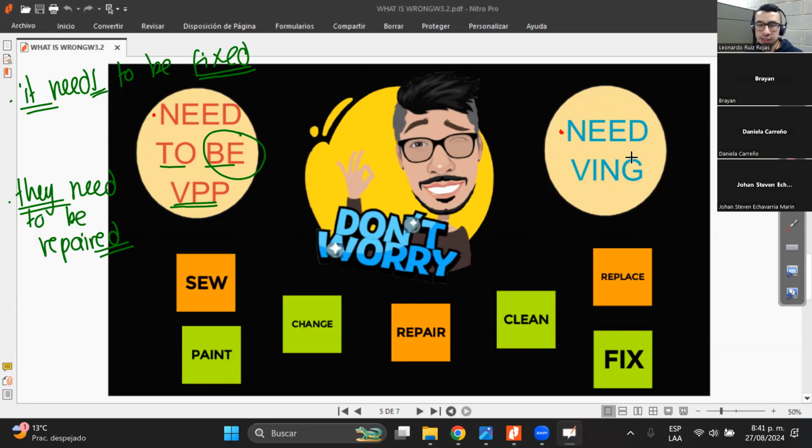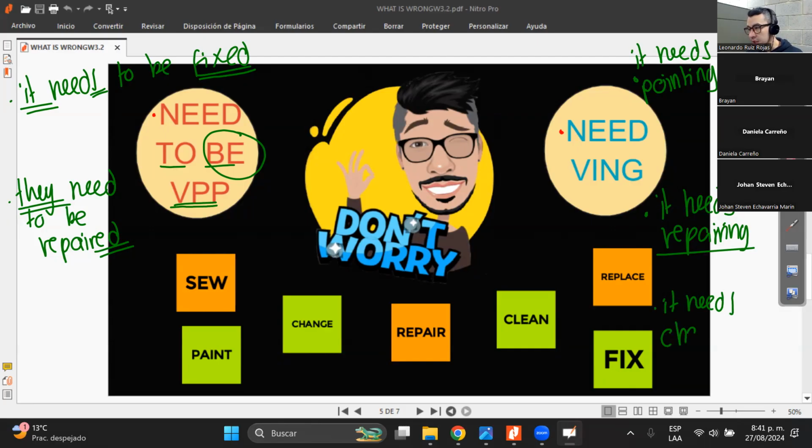If it's here, necesita reparación, necesita cambio, necesita arreglo, necesita limpieza, necesita pintura, bueno, whatever. So it's just going to be lo mismo. It needs, and then the verb in ing. It needs, let's say, painting. Necesita pintura. So it needs painting, right? No, teacher, necesita esa reparación. Okay. It needs repairing. Repairing. Ready? Oh, no, profe, necesita es reemplazo. Necesita cambio. Okay, very good. So it needs